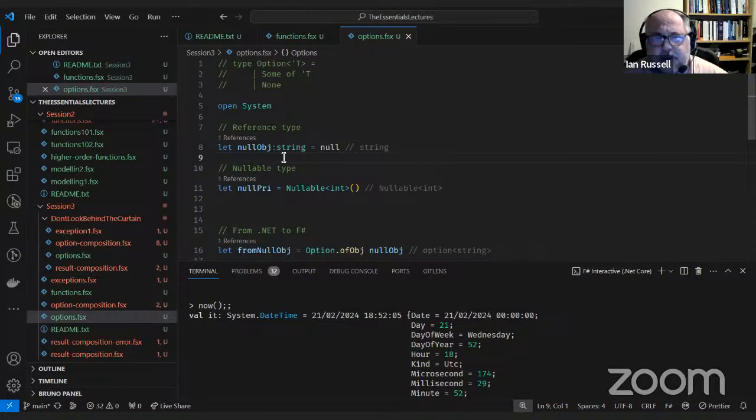So things like System.Text.Json. So when you're deserializing something from that, you often end up with nulls. I do a lot of XML work. Again, when you're working with that, you end up with a lot of potential nulls. So that's what this sort of thing is for. So it's for converting from C# or .NET framework code to F# friendly code, and then from F# friendly code back to C# friendly code.